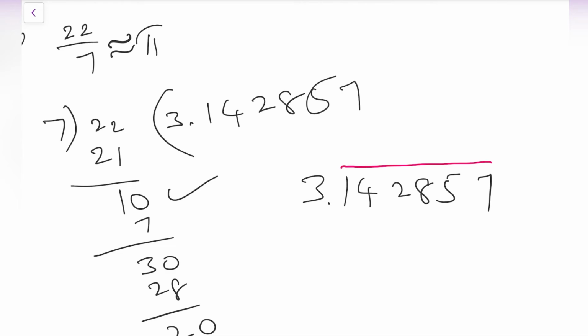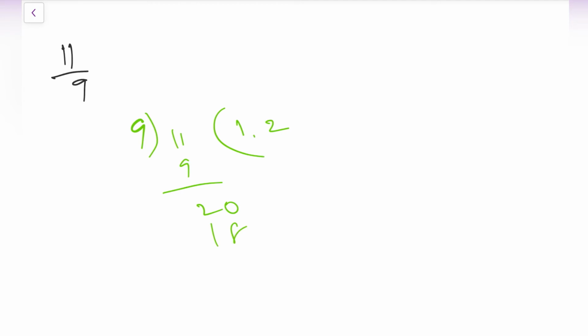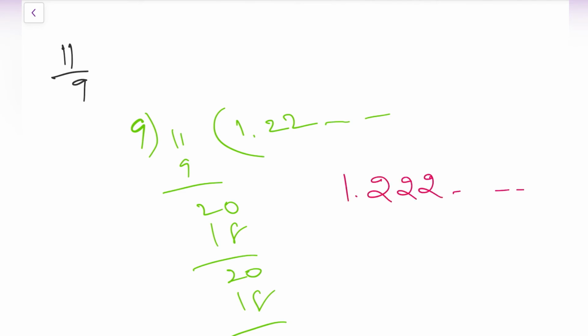Next, the last question in this bit is 11 divided by 9. As usual, again take 9 and divide into 11. 9 ones are 9, 2 carry, minus, dot 0. 9 twos are 18, again 2 0. 9 twos are 18, again 2. So it continues like that. It means 1.22222 and so on. This we can simplify as 1 point, only 2 is repeating, so 1.2 bar.